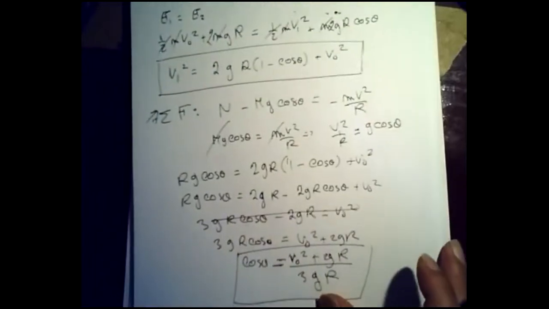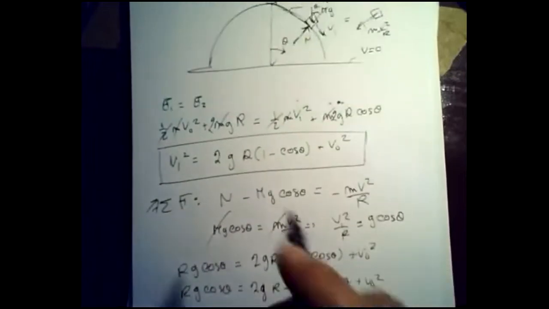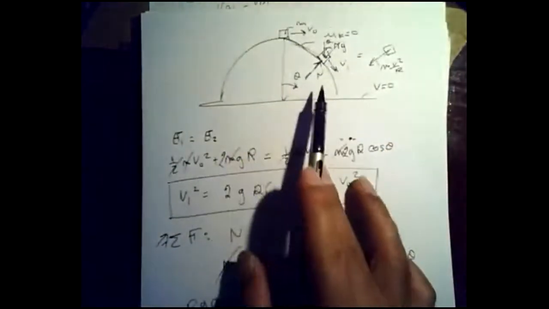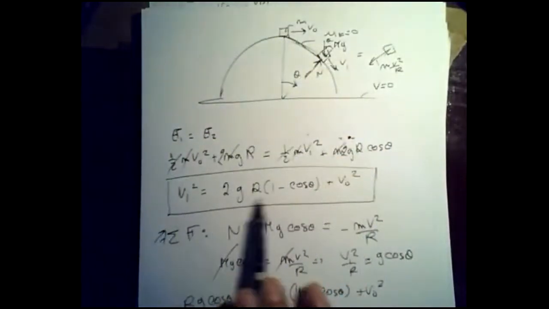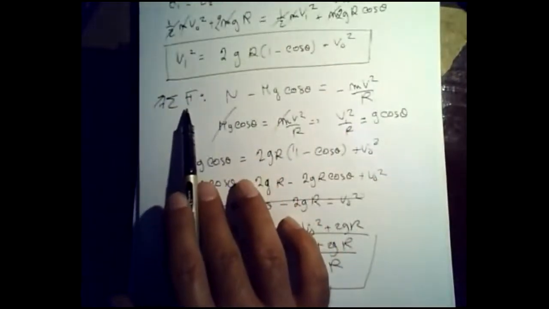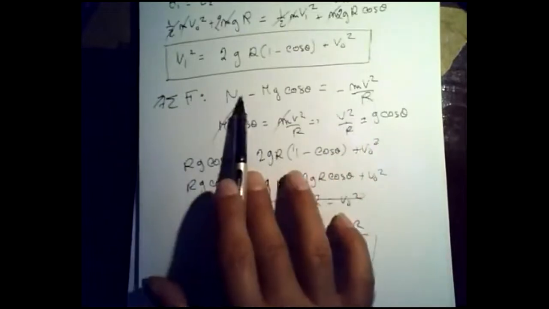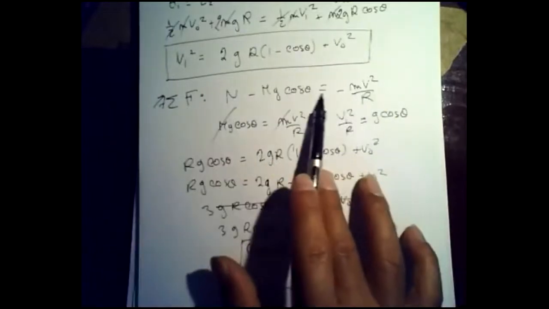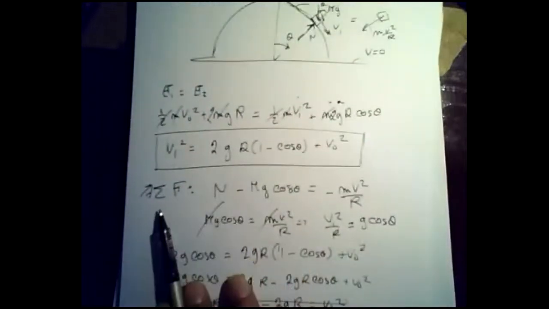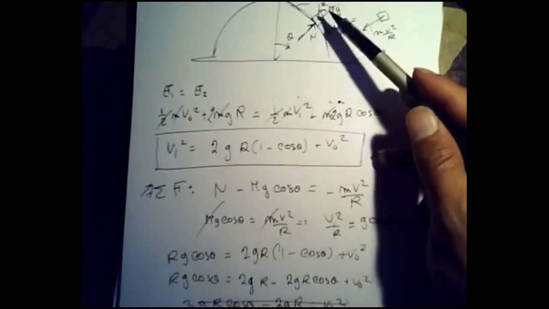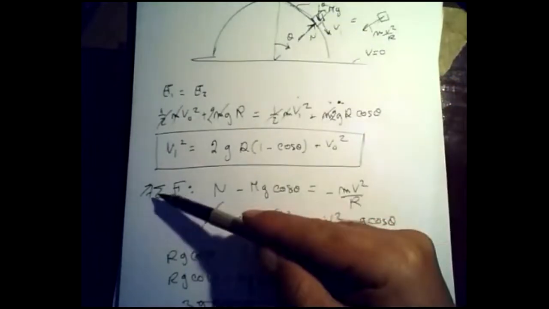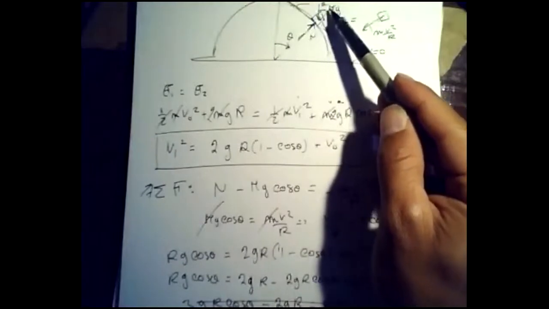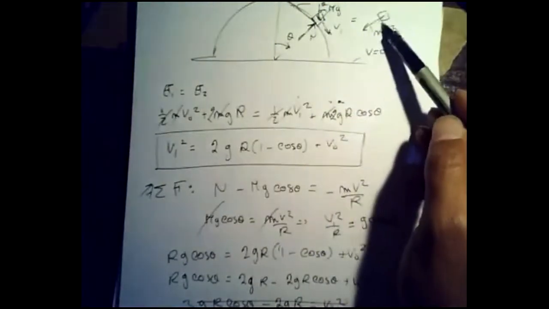Okay, guys, so this is what I did. I used the conservation of energy to find the velocity at any point on the sphere. So this is going to be our velocity, and to relate the energy to the forces, you just sum the forces. Here we sum the forces along the normal. We got n minus mg cosine theta, because this is my positive direction,